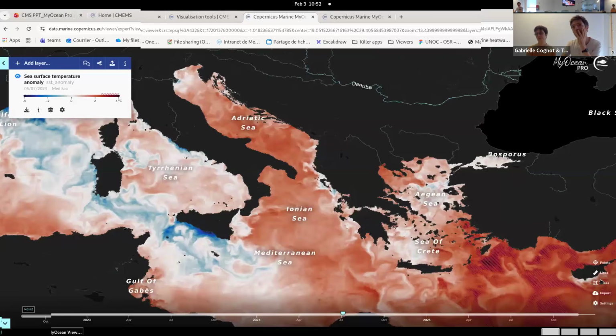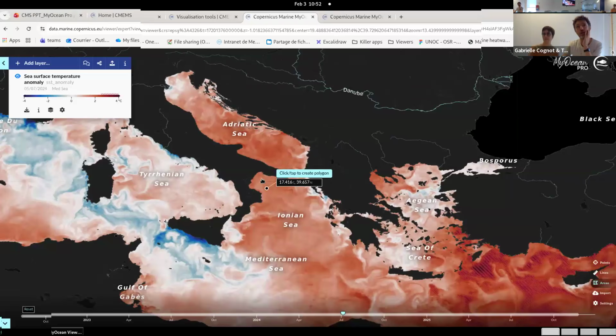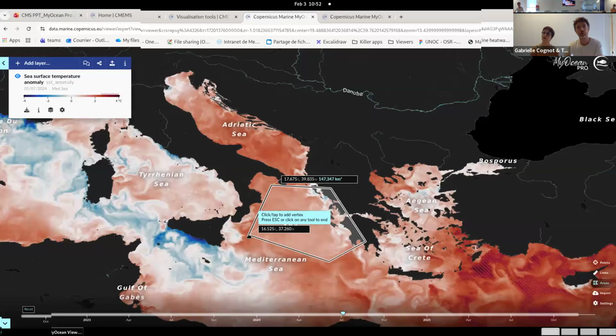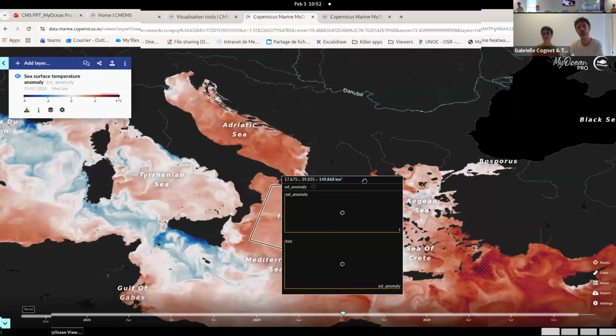And to do that, we have here the area button so that we can draw an area here. So if I want to work, for example, on the Ionian Sea, I draw an area here. So to do that, I click, and when I'm happy with the area, I click on Escape on my keyboard,